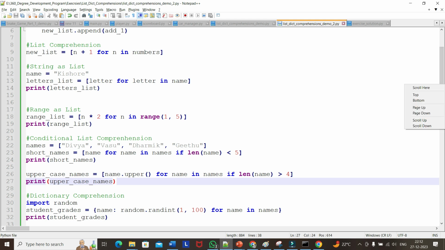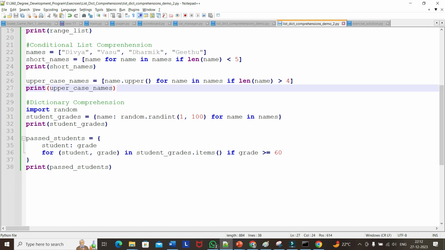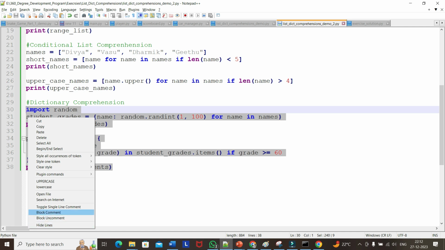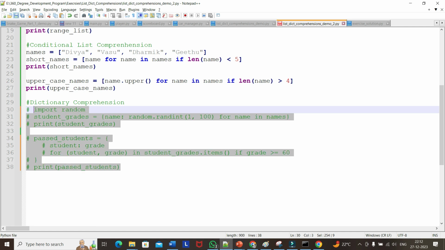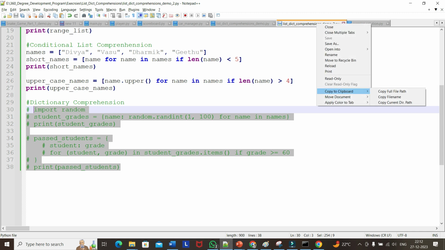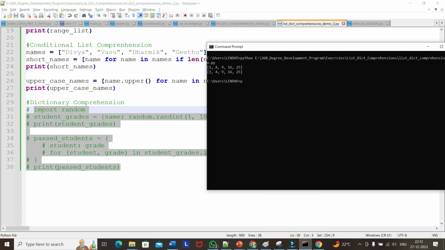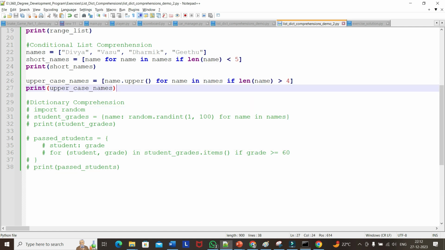So before going to dictionary comprehensions, let's stop this one. It's like, if you see one by one, so